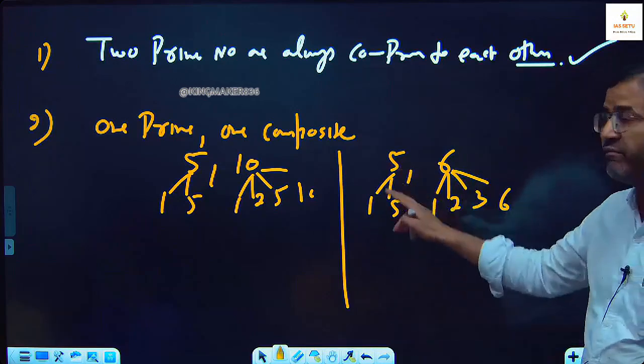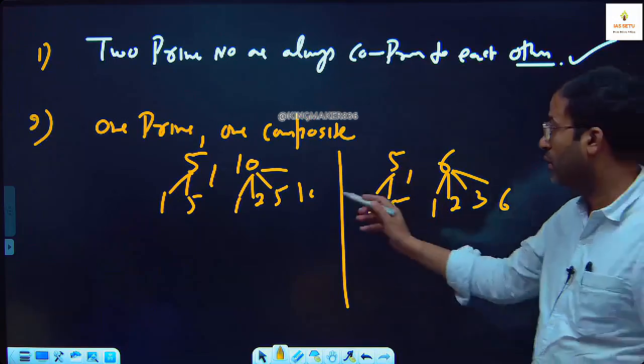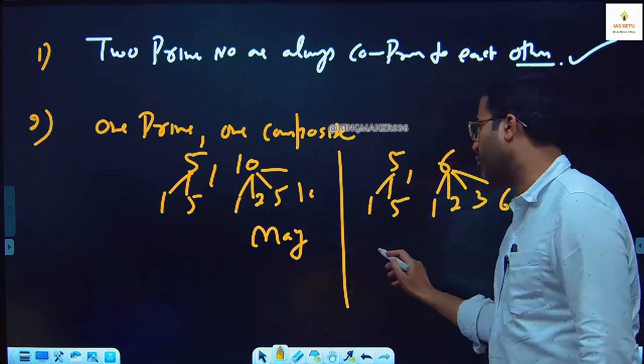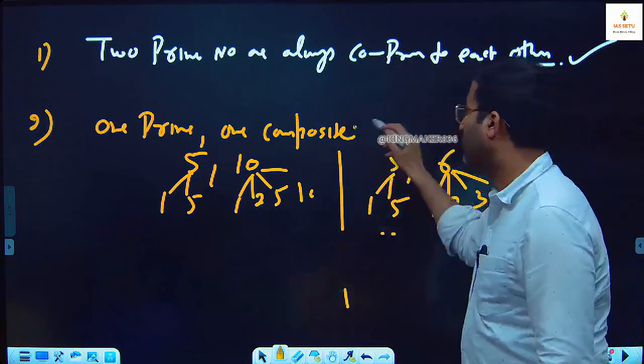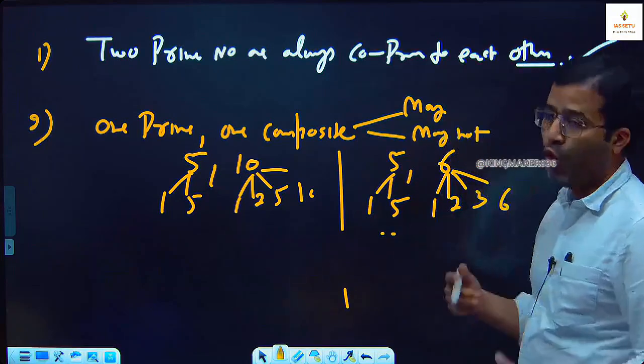So one prime, one composite, you cannot say always. May not, depends. So it is may not. तो may not, depends on the number. हो भी सकते हैं, नहीं भी।